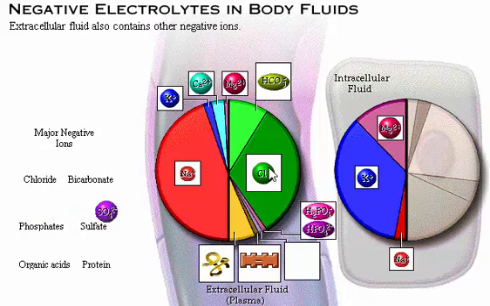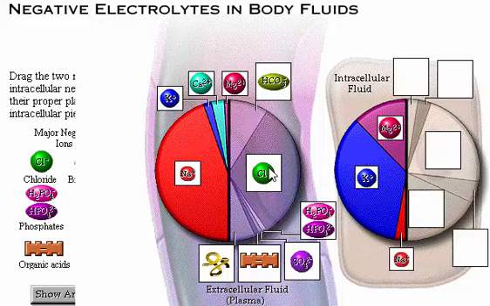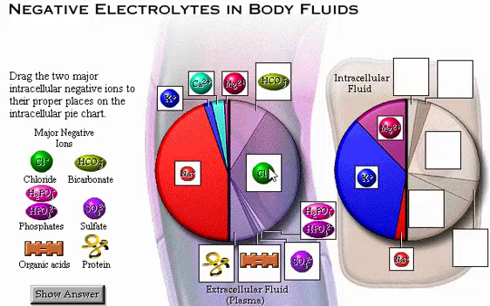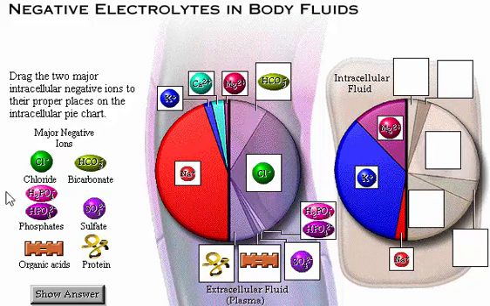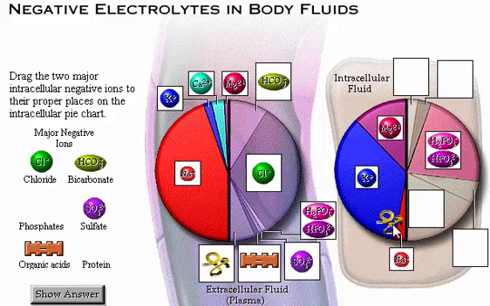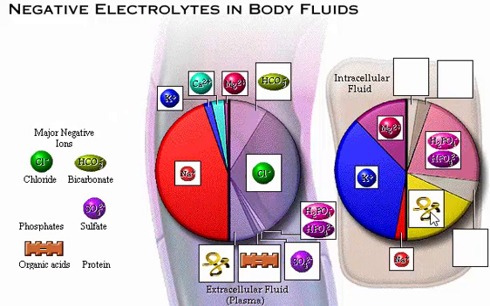Drag the two major intracellular negative ions to their proper places on the pie chart. Other negative ions found in the intracellular fluid are bicarbonate,